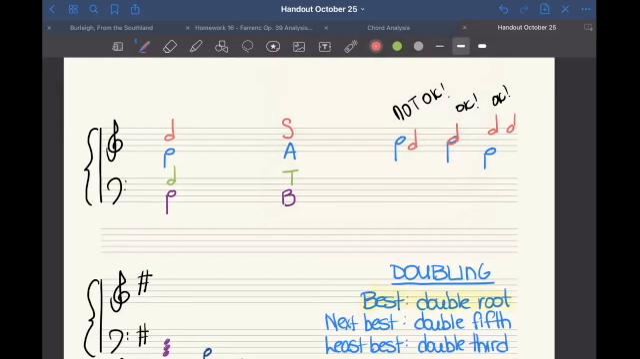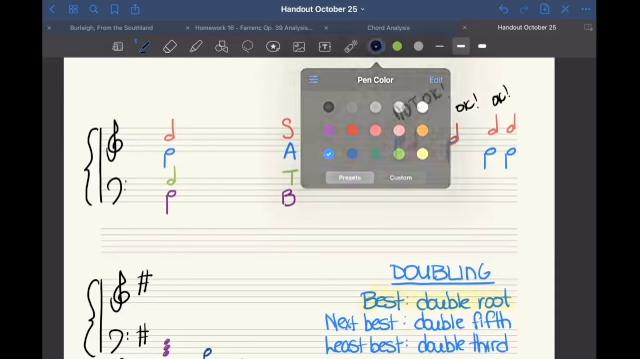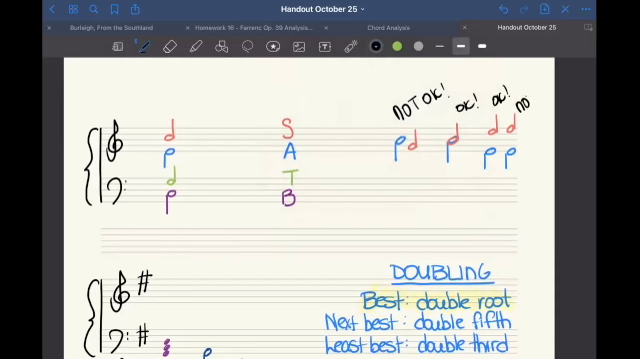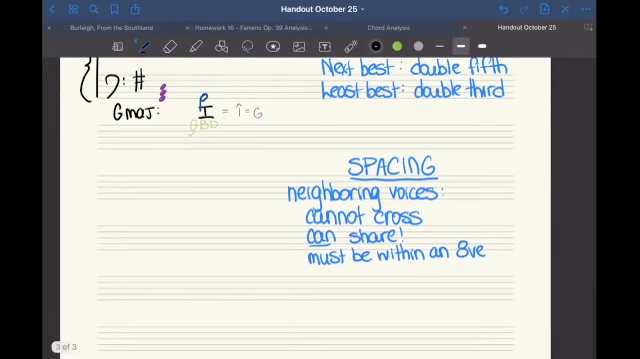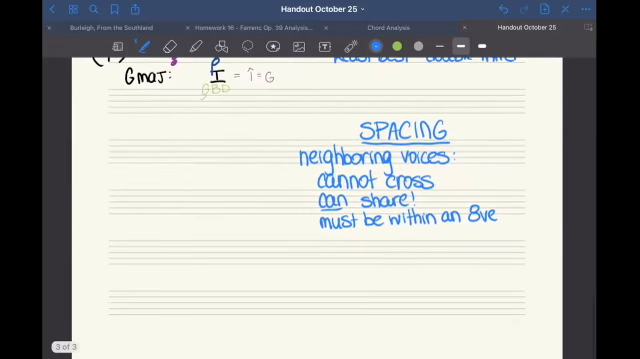So if I want my soprano up here on an F, and my alto still on an E, that is wider than an octave. And that is breaking one of our spacing rules. So neighboring voices can't cross, although they can share a pitch, and they have to be within an octave of one another. The one caveat is, and I'll put a little star next to it so we don't forget, the bass